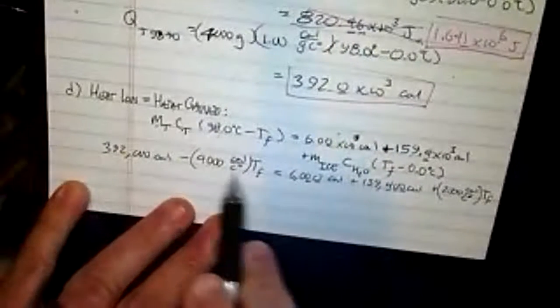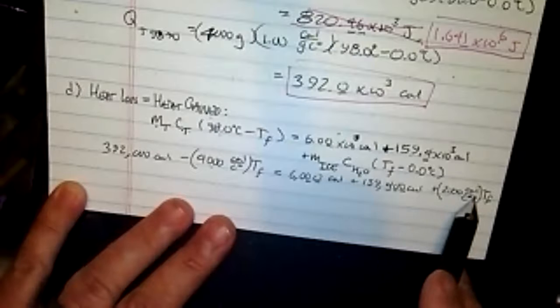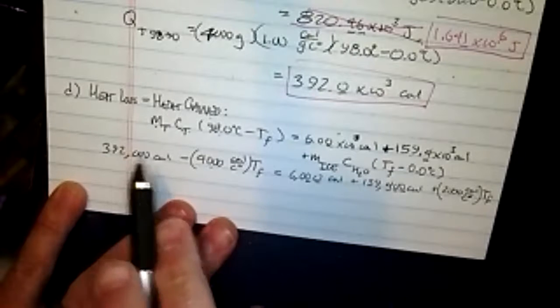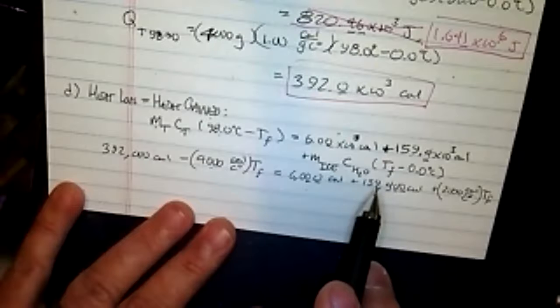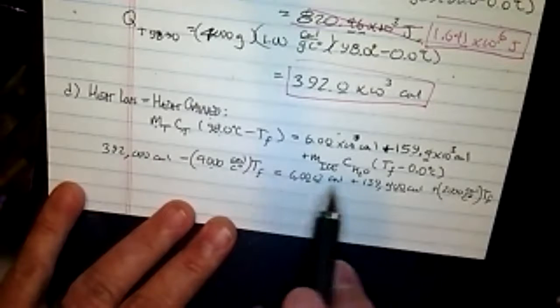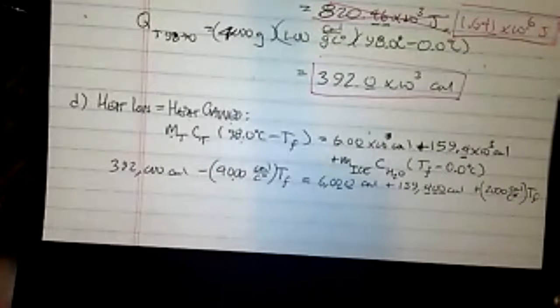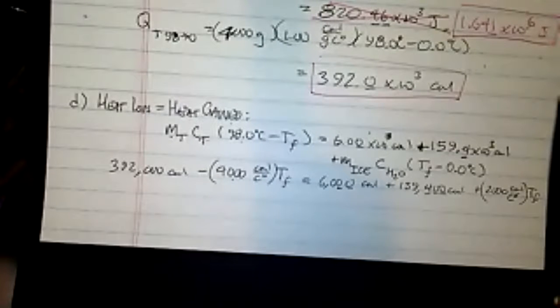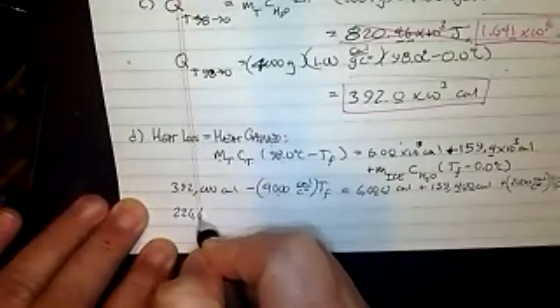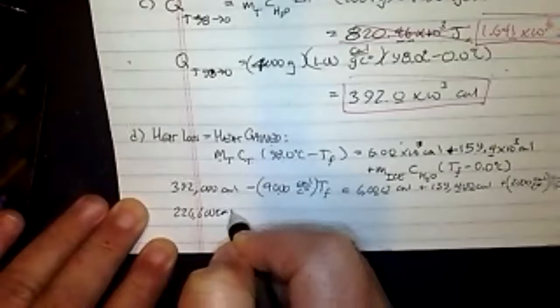So all I got to do is add this 4,000 to this 2,000 to get 6,000, and then take this 392,000, subtract from it 6,000, subtract from it 159,400, and then divide that answer by 6,000, and that'll give me the T final. So when I do that, I would say 392,000. I'm going to subtract 6,000, and I'm going to subtract 159,400. And I get 226,600. So 226,600 calories